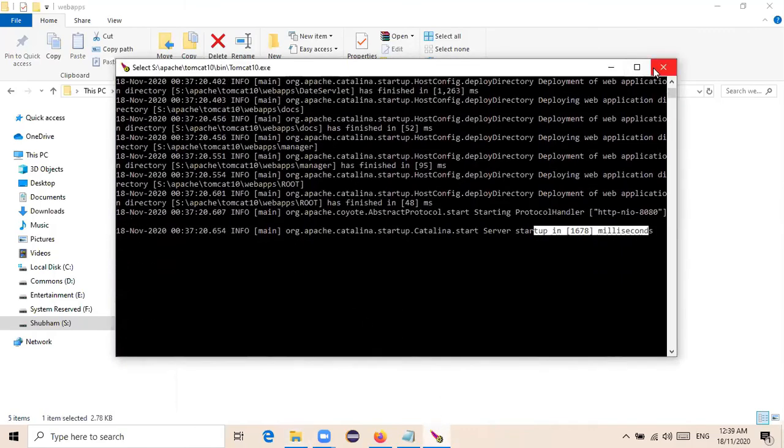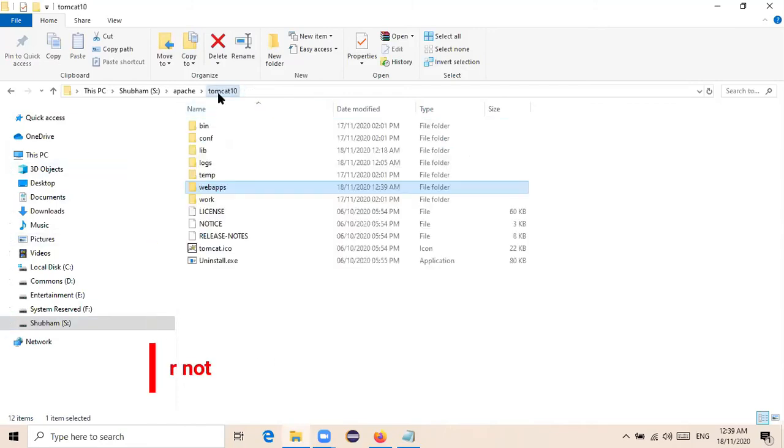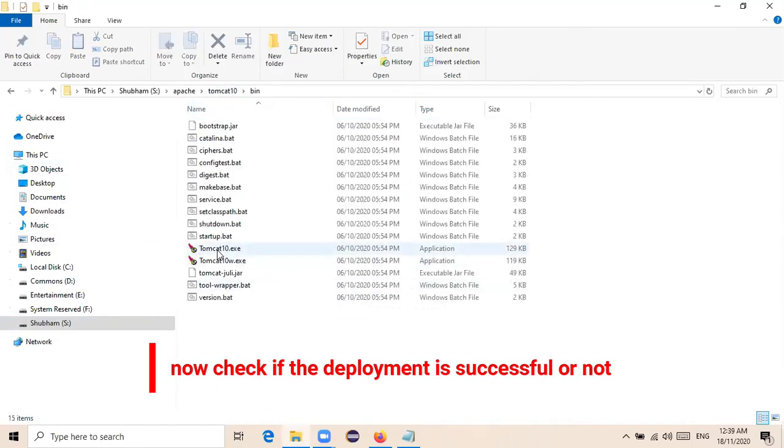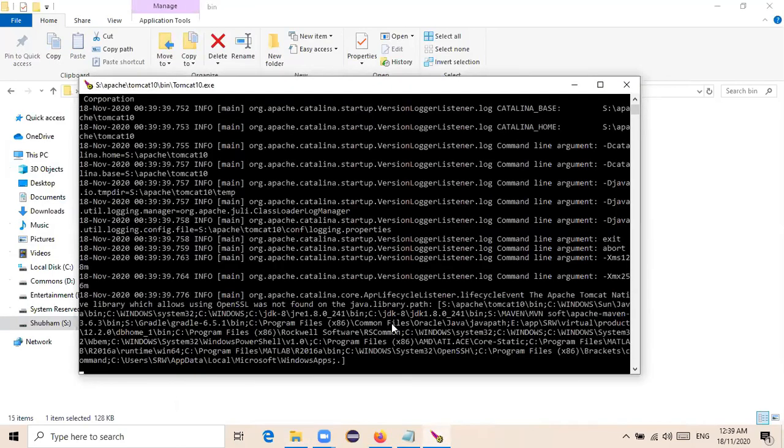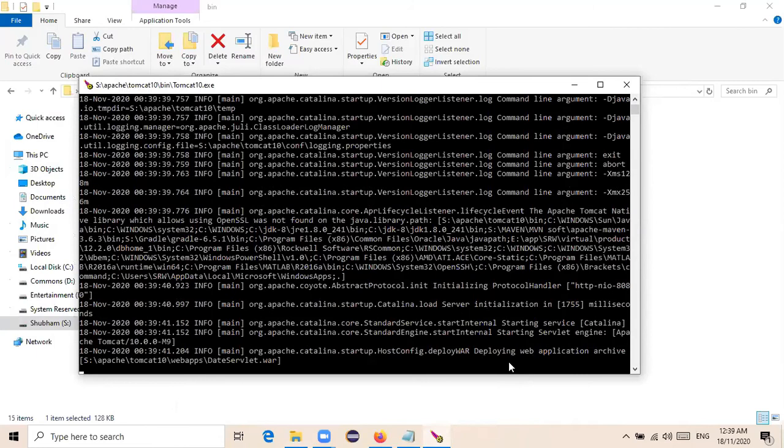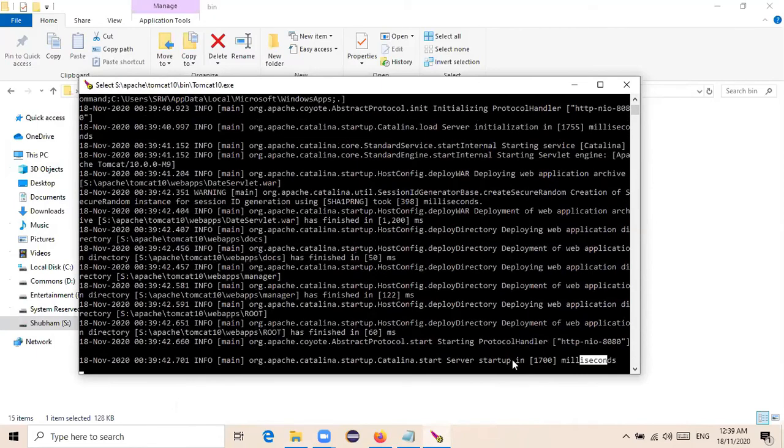To make sure that nothing goes wrong, I'm going to close my web server first, and then start my web server again. The web server is starting. Okay, started.